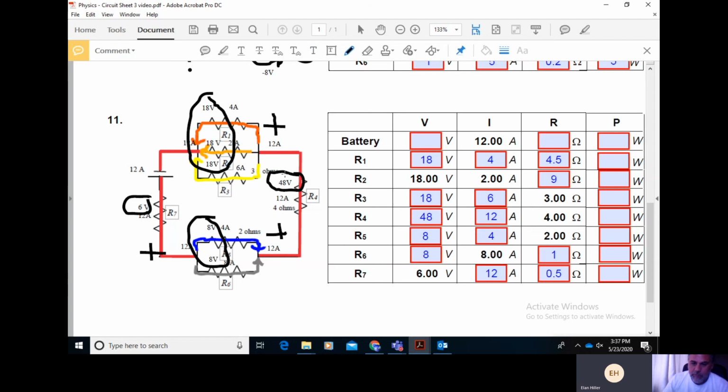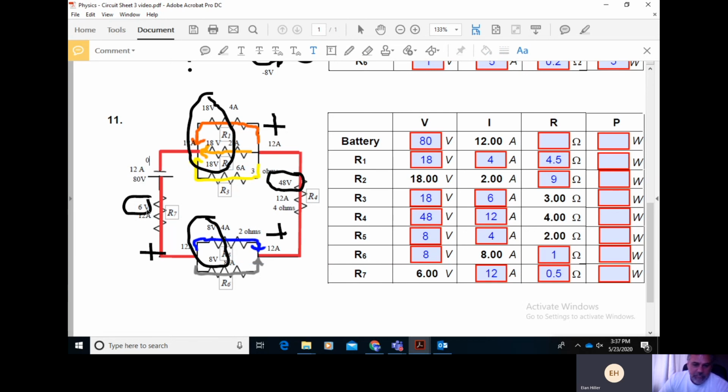So let's add up all those parallel chunks of voltage. We have 18 plus 48 plus 8 plus 6, and we end up with a total of 80 volts of potential difference across the battery. So to reiterate what's going on here, if this is indeed 80 volts on the positive side, and 0 volts on the negative side, then what we do is